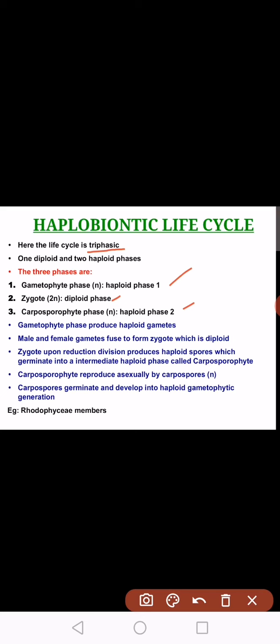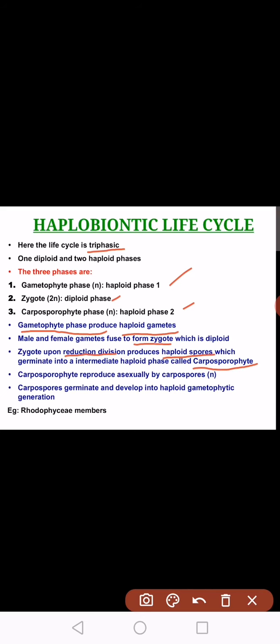Okay. So here what happens is, during the life cycle, the gametophyte phase produces the haploid gametes. So from the gametophyte, gametes are produced, and these gametes on fusion form the zygote. Am I clear? Now this zygote is diploid. So this is about the diploid phase. Now the zygote undergoes reduction. Reduction means meiosis. As a result of this, haploid spores are formed. So on meiosis, the zygote develops haploid spores, and these haploid spores germinate to form the